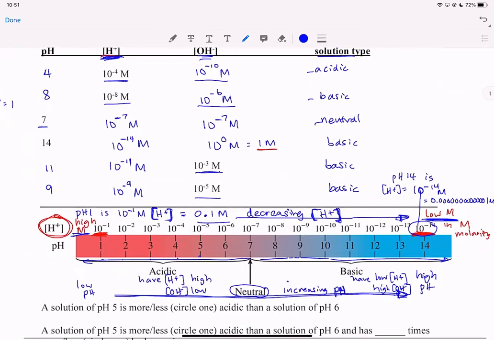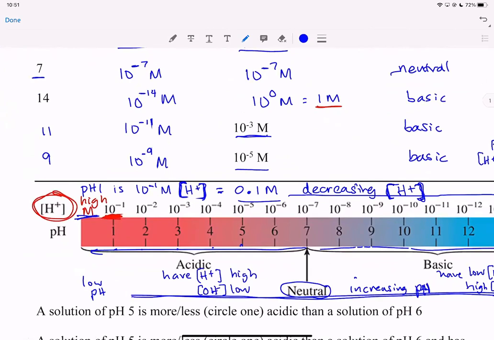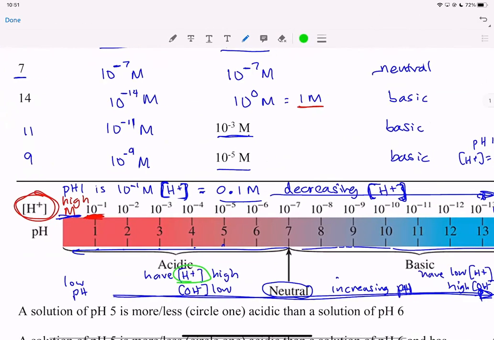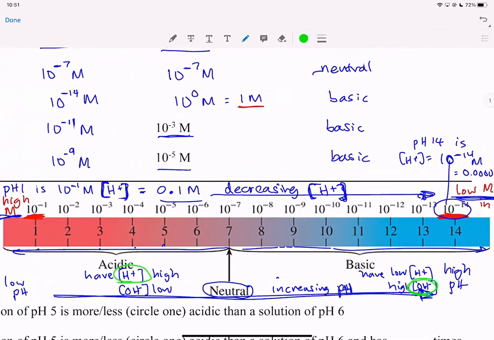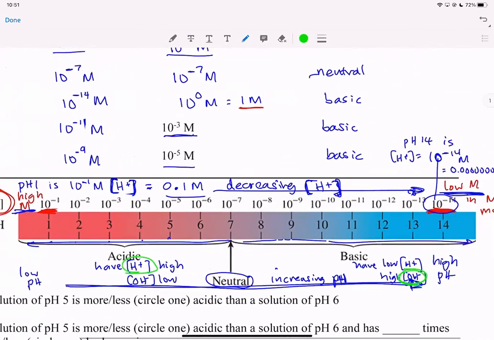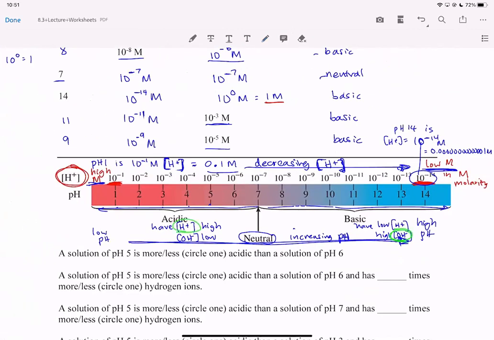Okay, and so acids have a lot of hydrogen ion. Let's highlight that in green. Acids have hydrogen ion, but they still have some hydroxide. Bases have a lot of hydroxide, but they still have some hydrogen ions. Okay, so let's take a look now that we understand this graphic, what this means in terms of the number